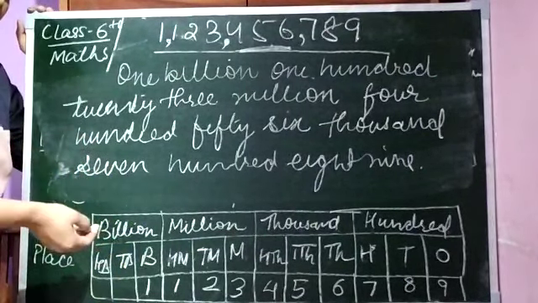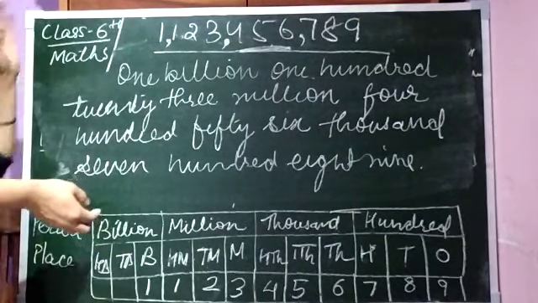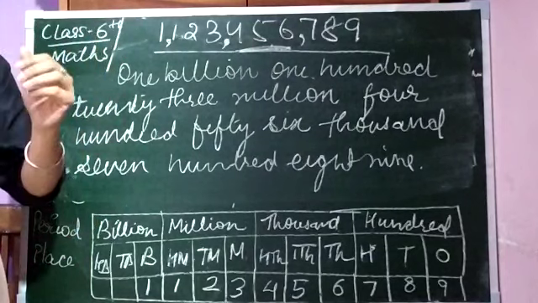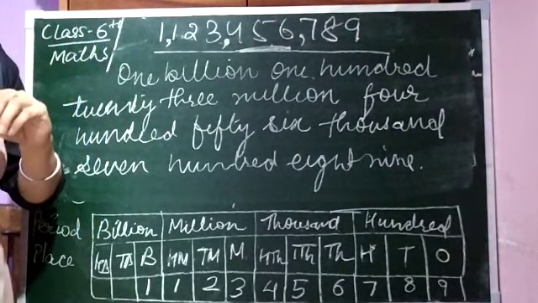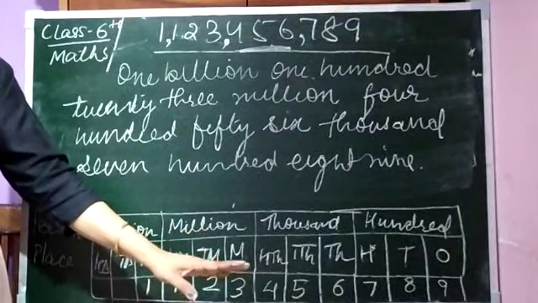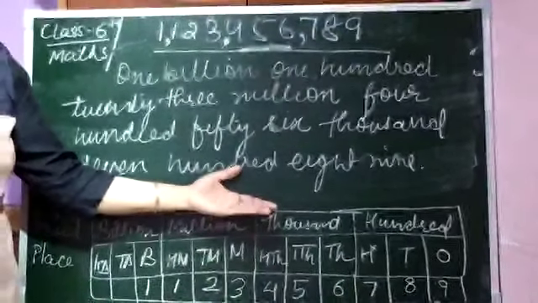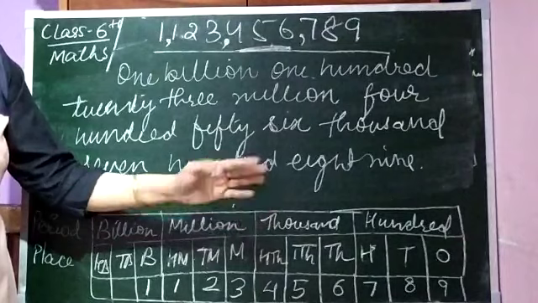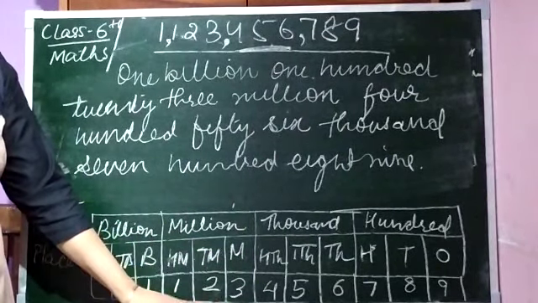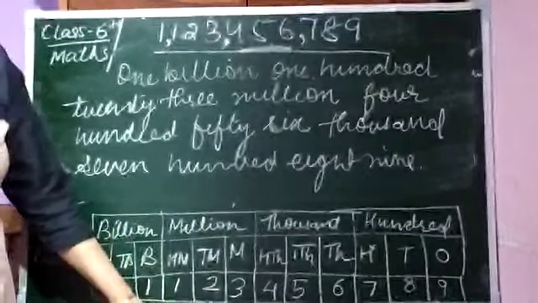For more so that you can get it properly, you have to take some examples by yourself, okay, and then put it into this table, and then name it by yourself, okay, then check it by your mother or your father, okay. So I think this is clear to you.